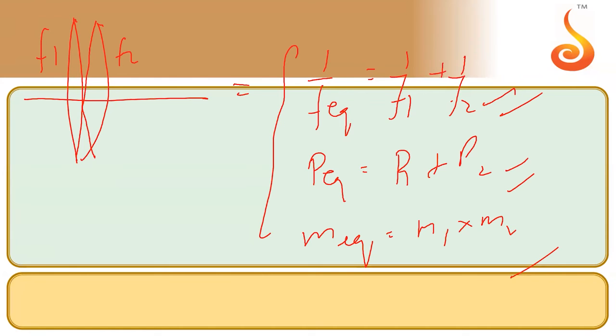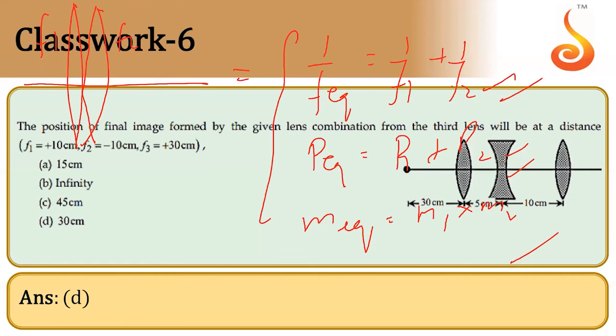Now, compare this with what I showed you in the diagram just now. I will go back to the diagram and show you. In the diagram which is given to me on the screen right now, do you agree with me? Lenses have big air gaps in between. So all this which I taught you will not work here. The lenses have multiple big air gaps in between them. So this shortcut method of 1 by f1 plus 1 by f2 plus 1 by f3 will not work anymore.